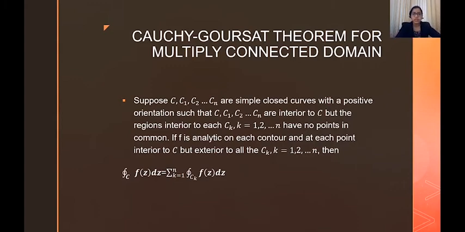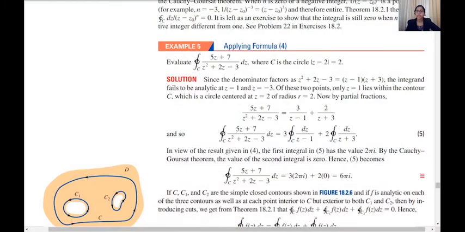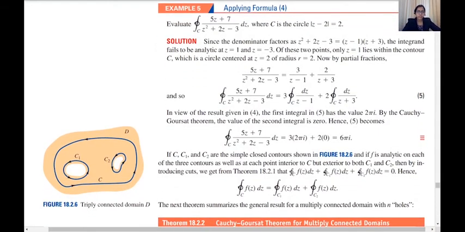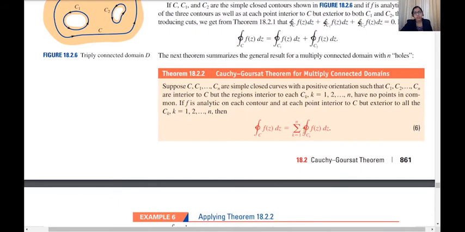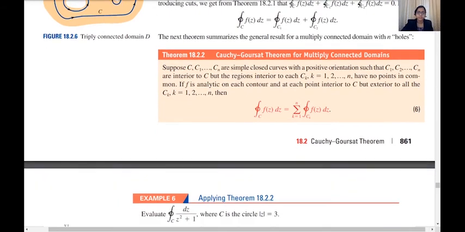Okay, so let's see an example which will help you understand it. So this is the figure. We are given D as the domain and C as the contour, and we have the points where the function is not analytic. What we do is we form a boundary around these, that is, the function is analytic everywhere in the interior of C and exterior of C1. That is, this portion is not included. So in that case we can write integral over C f of z dz is equal to summation k equal to 1 to n integral over Ck f of z dz.